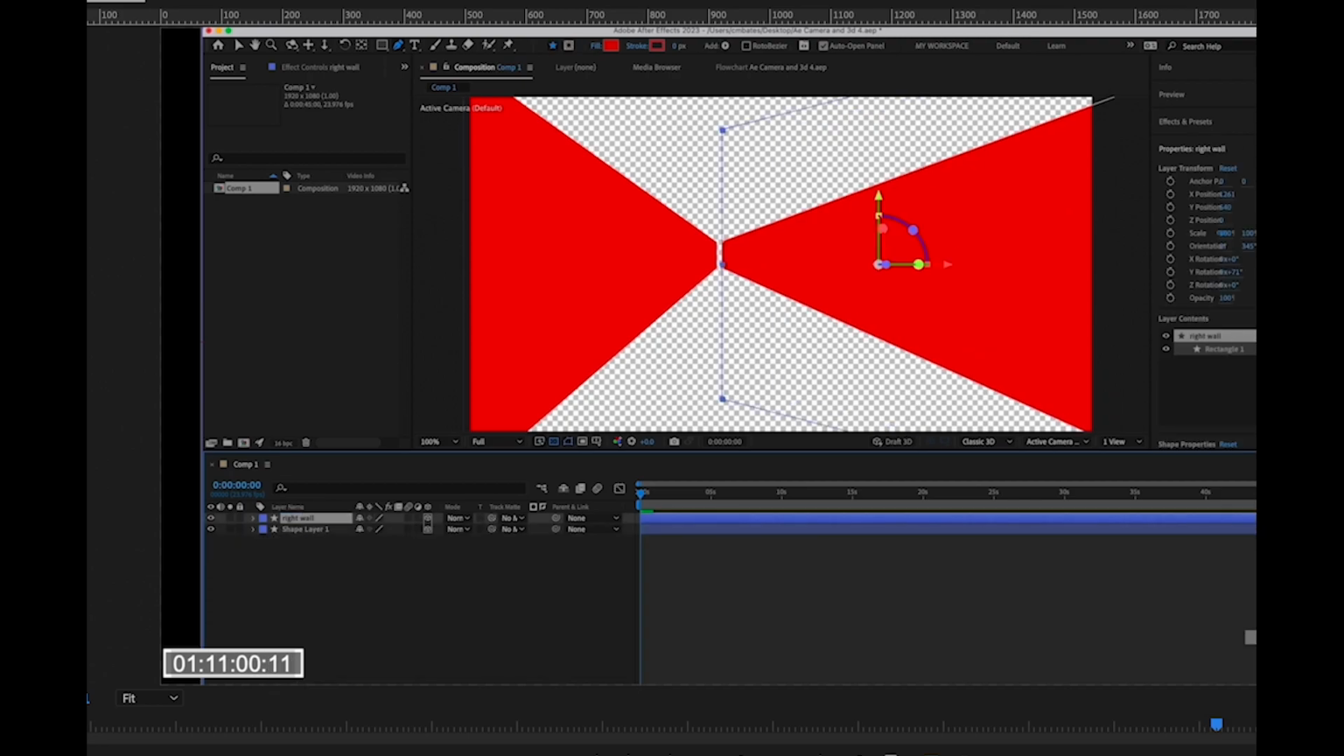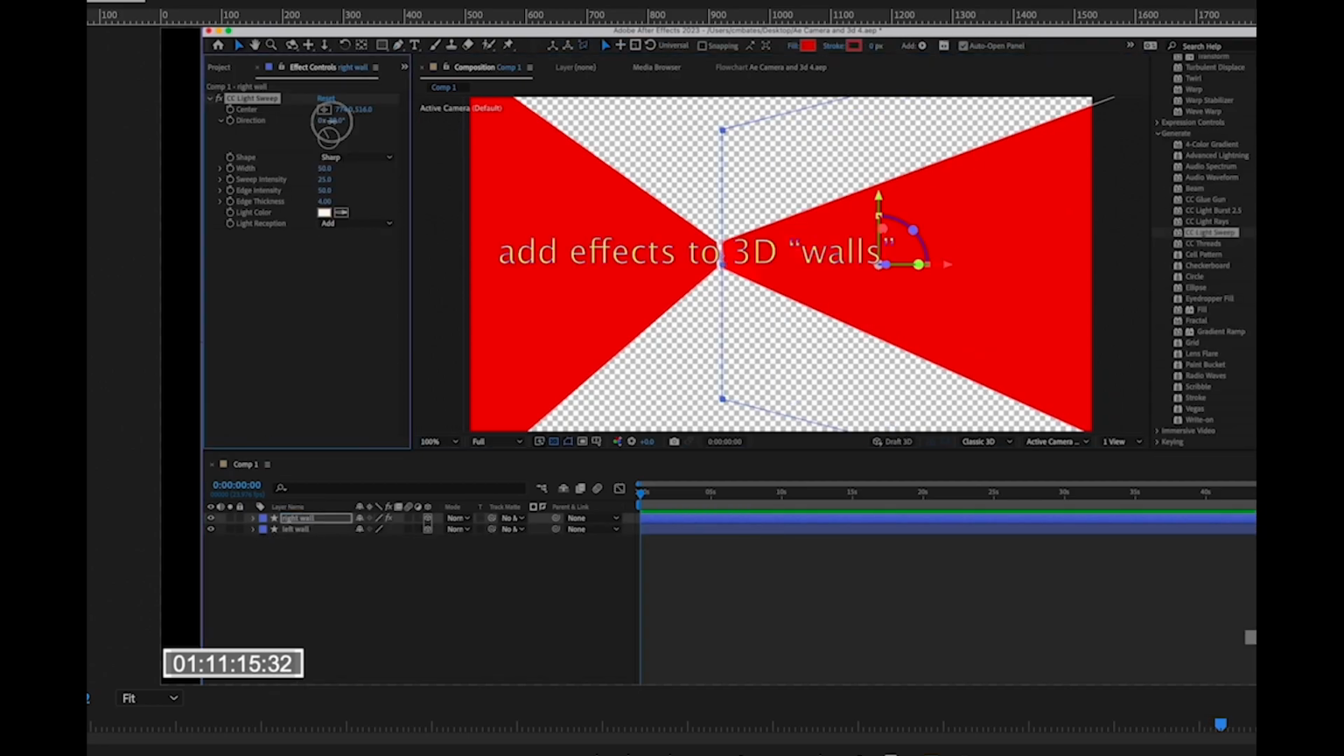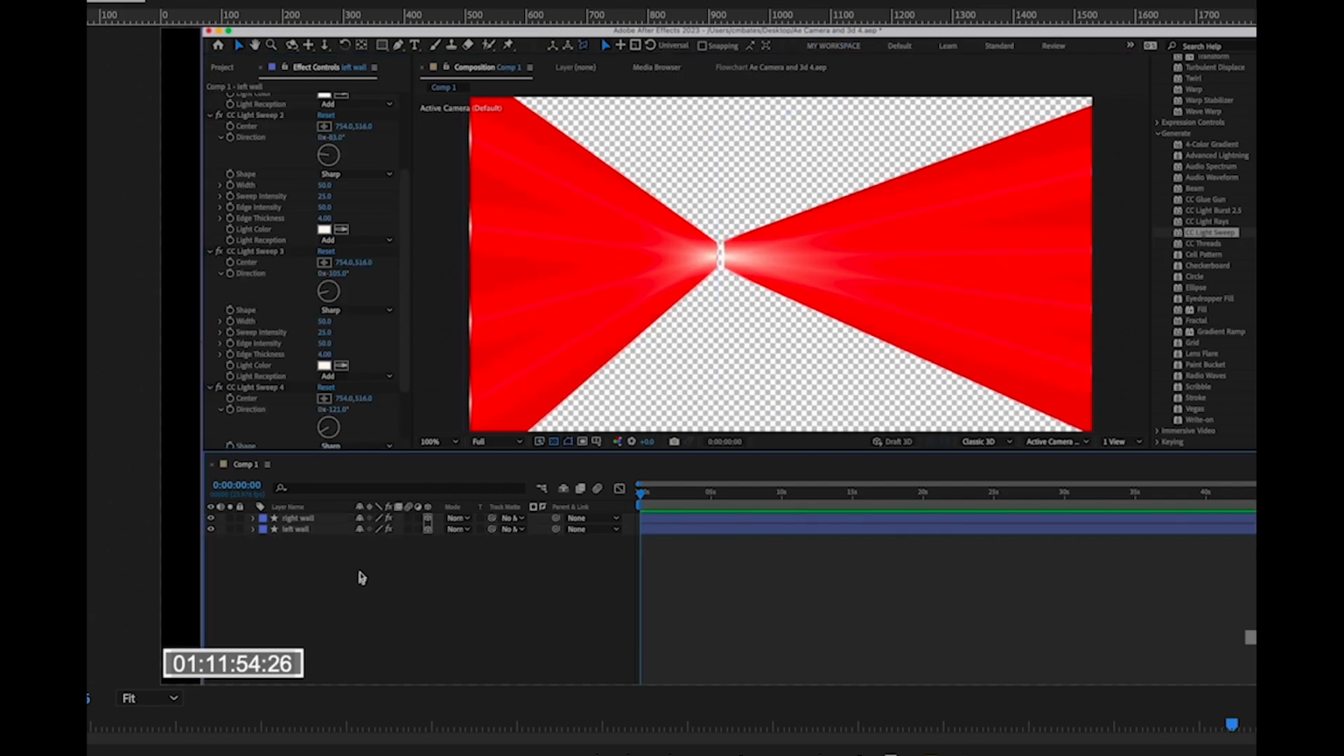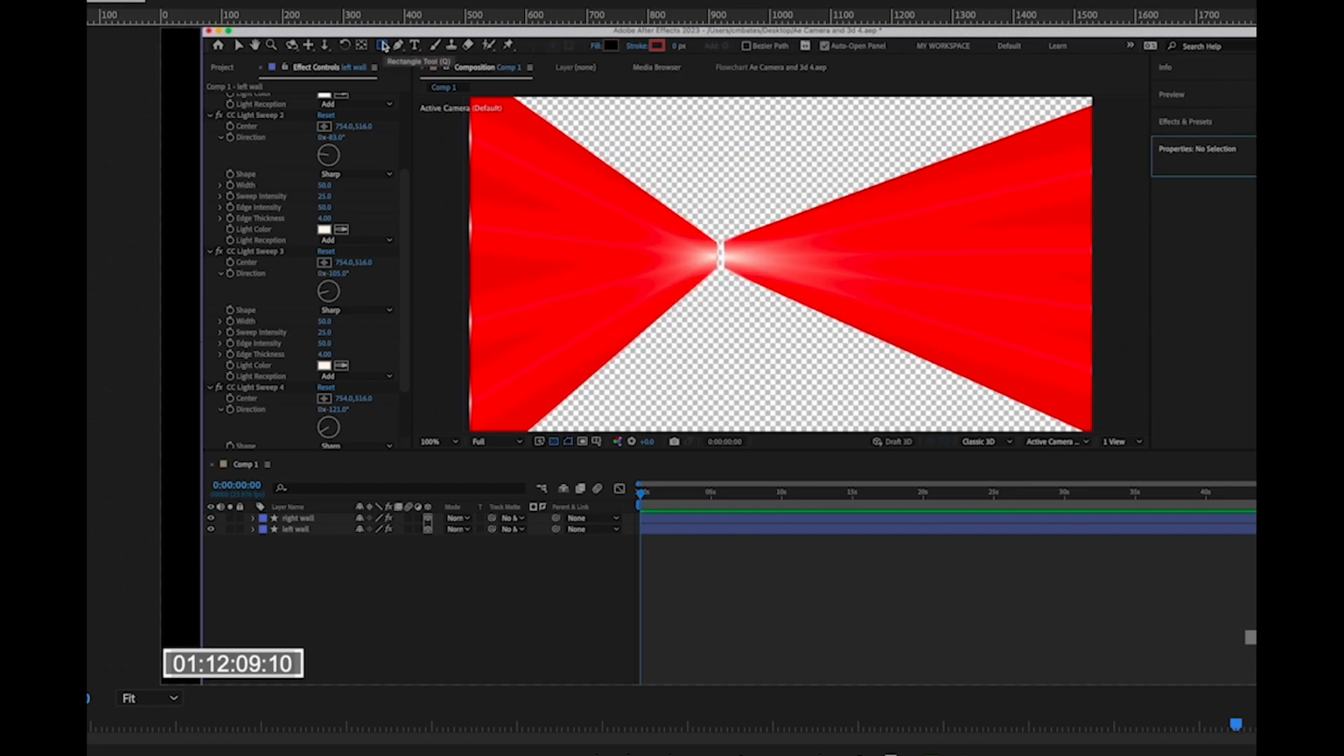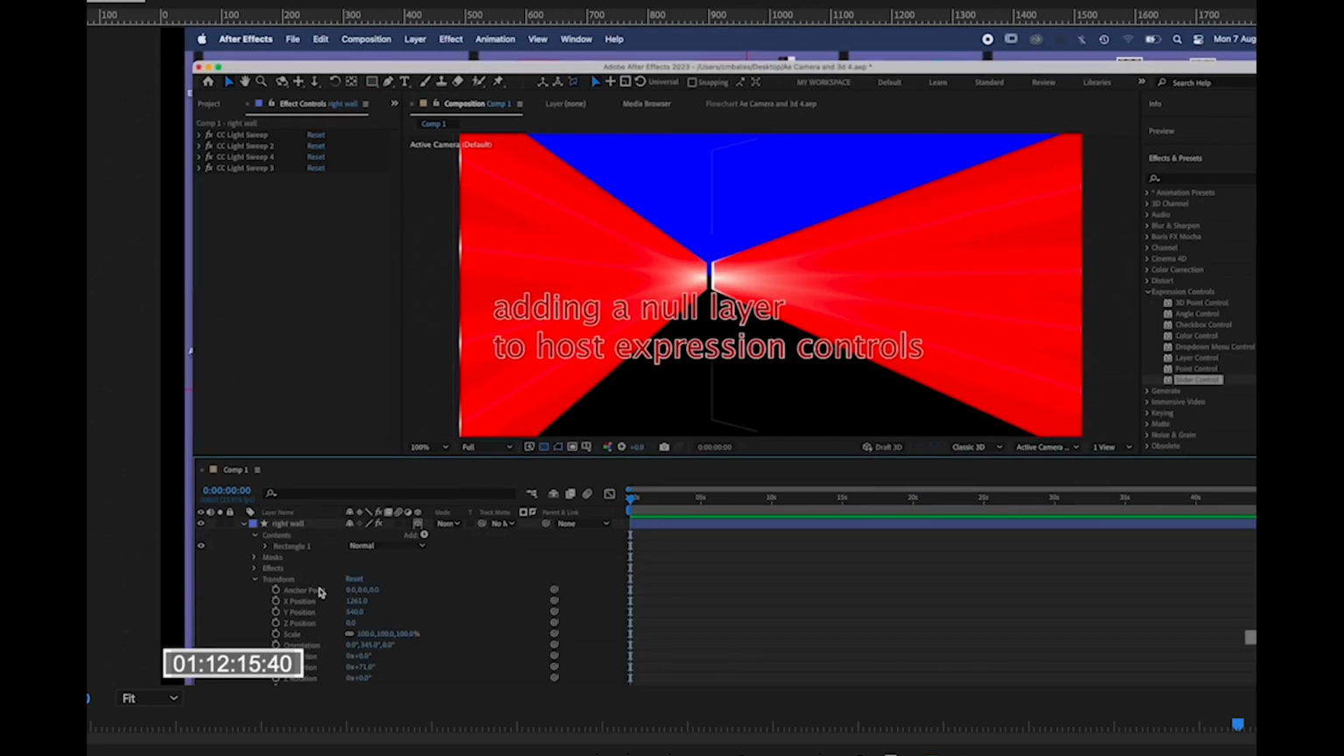And I always make sure I name things. Right wall, left wall. You can add effects to the walls. Change the colors, everything. Now, you can add a null layer. I'm not going to go into expression controls, but the null layer is just a catch-all so you can use what they call pick whip to link the parameters to the null. I'm just going to touch on this a little bit because it just makes it so if you have a bunch of different layers and you want them all to follow through,